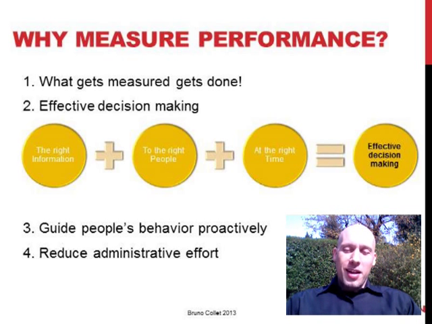The third point is important and very often overlooked. Indeed, decision making itself is essentially a reactive process. We provide information to different stakeholders, and based on this information, they will make decisions and they will take actions. But there is a whole proactive aspect to performance measurement. Indeed, if we have good metrics, well aligned with the objectives and well communicated, different stakeholders, including the project manager and the delivery teams, will naturally adjust their behavior, consciously or unconsciously, so that the indicators are better off. So it's proactively shaping people's behavior.